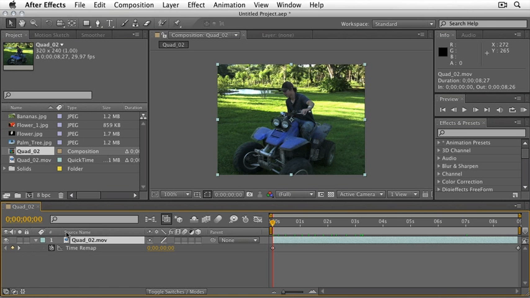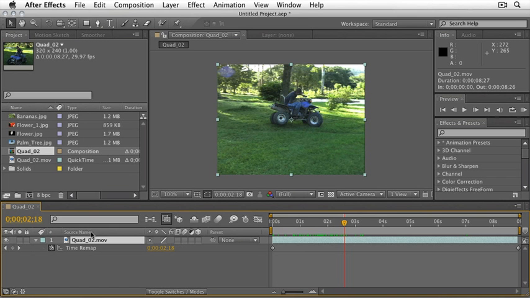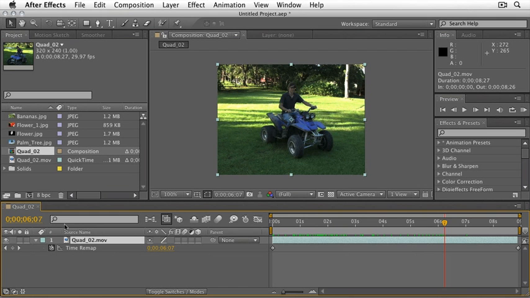And then we have the time remap timing. By default, both of these times always agree. 218 here, 218 here. It doesn't matter where I put the CTI, these two numbers agree, and that is by default. This number here refers to the timing of the layer. We can change that one. So, for example,